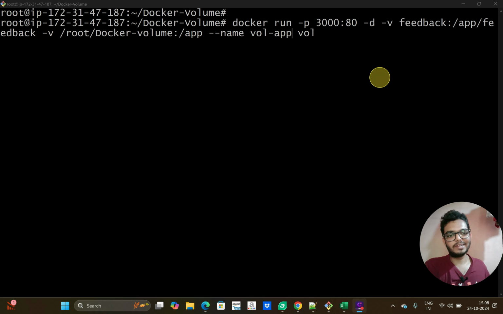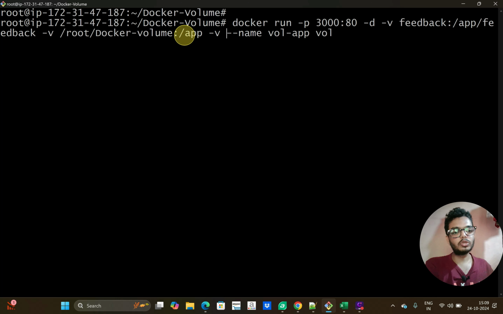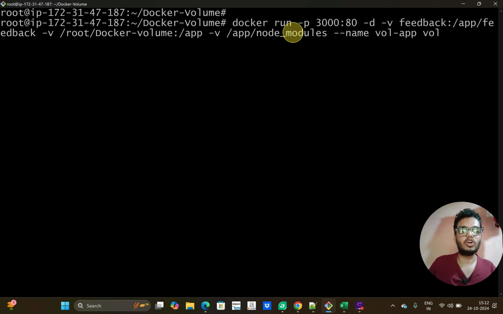And when we run this command, this bind mount will override the content in the /app directory. That means it will also override the node_modules directory. That's why we got an error like the express module is not installed earlier. So to resolve this, we can add one more volume here. If we give it like this, the node_modules directory will be preserved. And we are not providing any name or path here. That means this is an anonymous volume. So this is one of the use cases for an anonymous volume also.